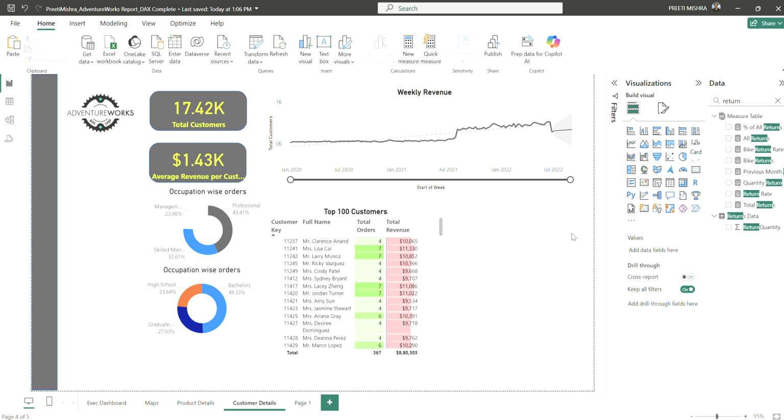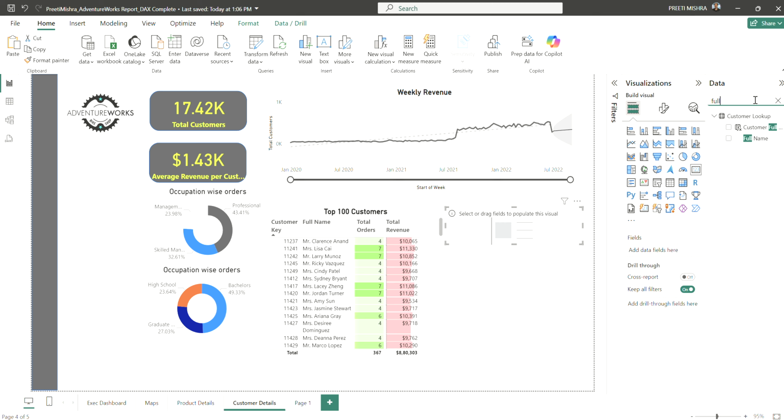Okay, so again I am going to put up a card visual. You can also copy paste the same one from there if you want. So I'm going to put up the card visual. Here I am going to apply the customer full name. So you can see Abby Rana is the customer name,